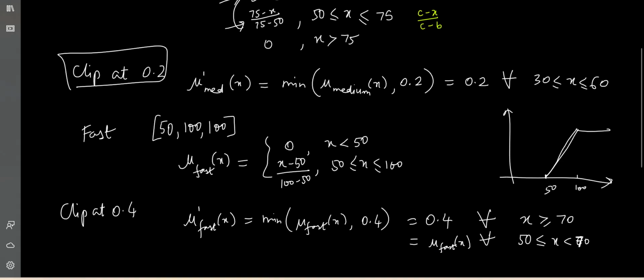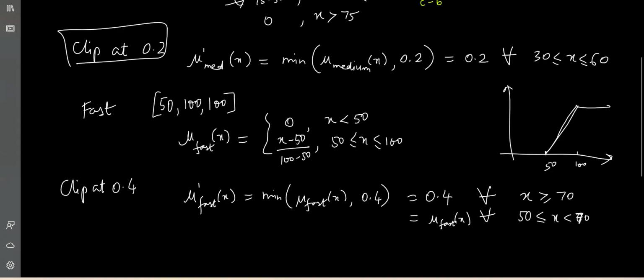Okay. So this is about the clipping, where we are calculating the output membership function. And from this output membership function, we can calculate for all other speeds also like this. And when we calculate the aggregate value, we will arrive at